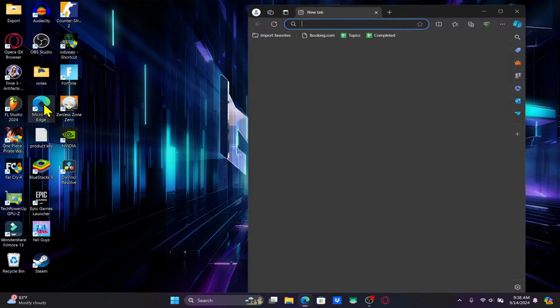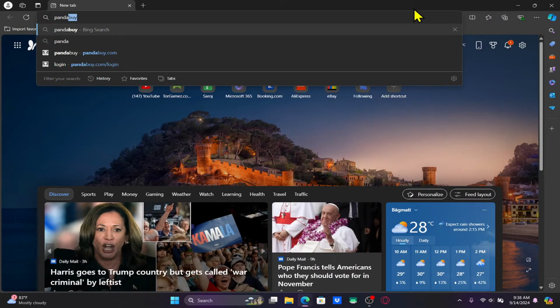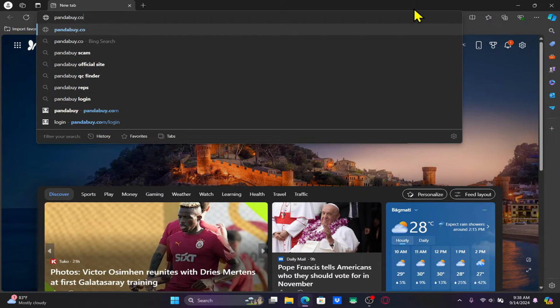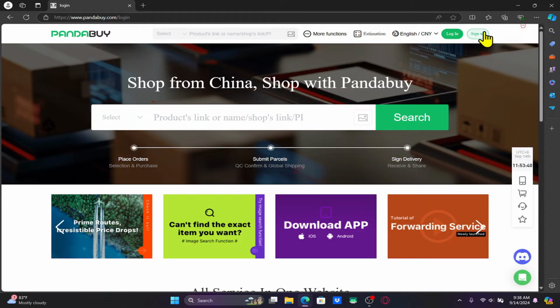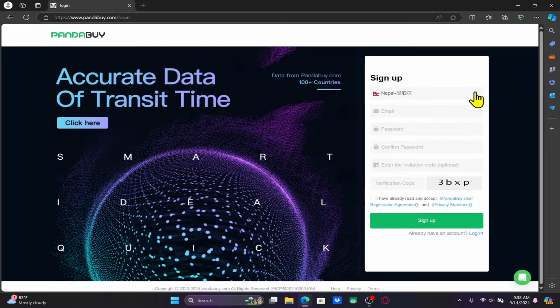First of all, open up your web browser and then in the address bar type in pandabuy.com and press enter. You will now be taken into the official PandaBuy website. Now click on the sign up button at the top right corner, which will take you into the sign up